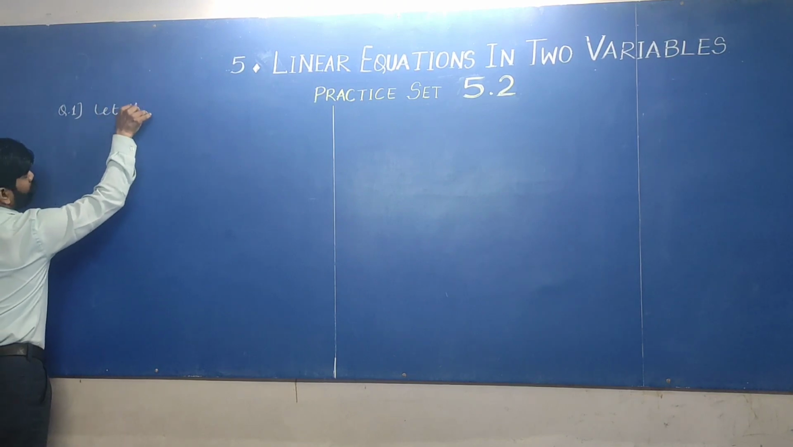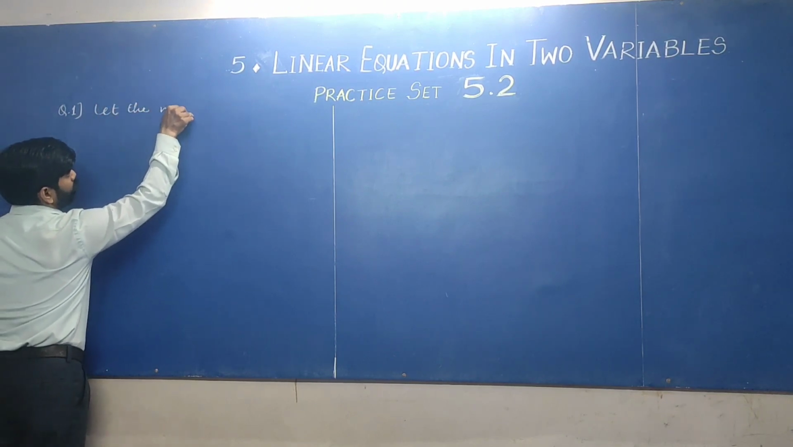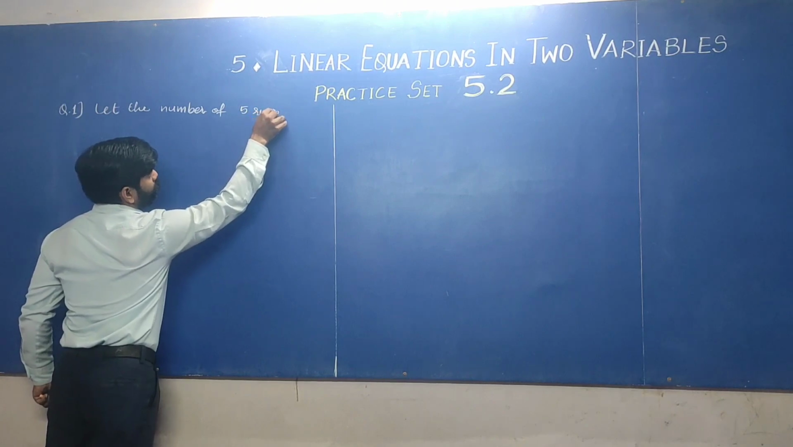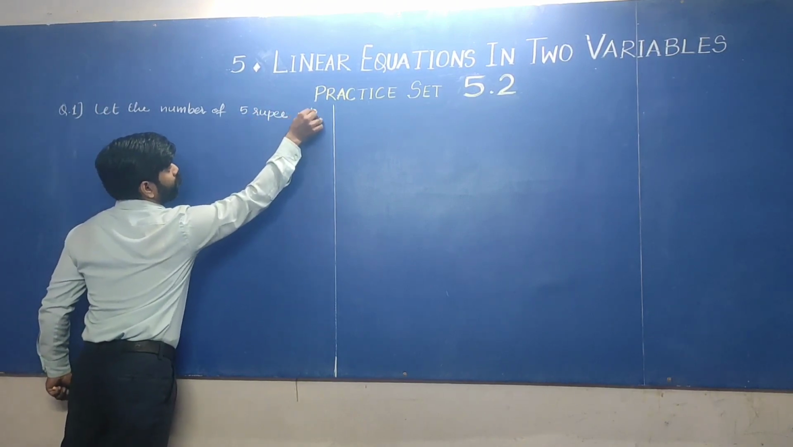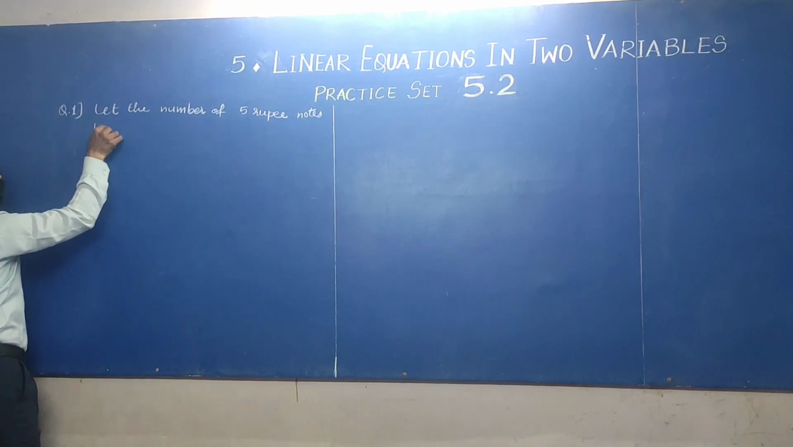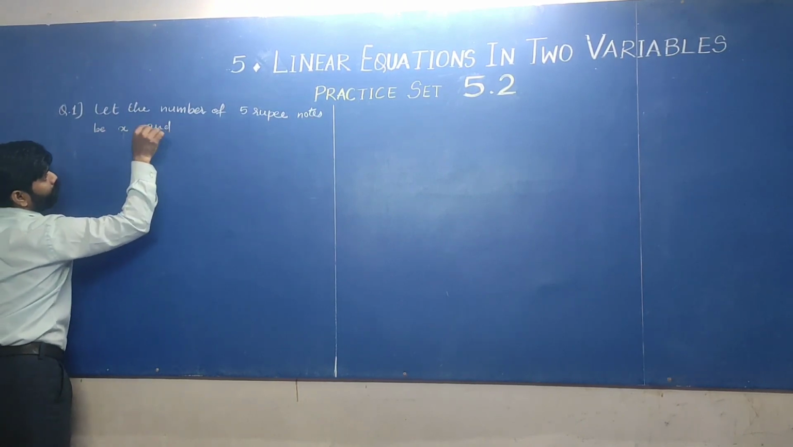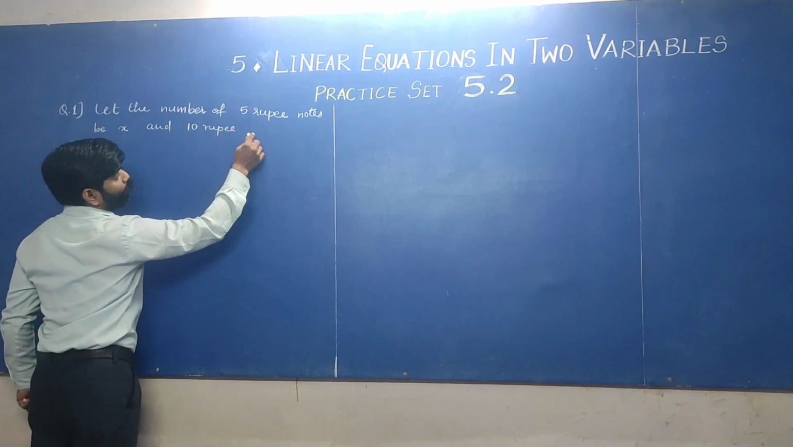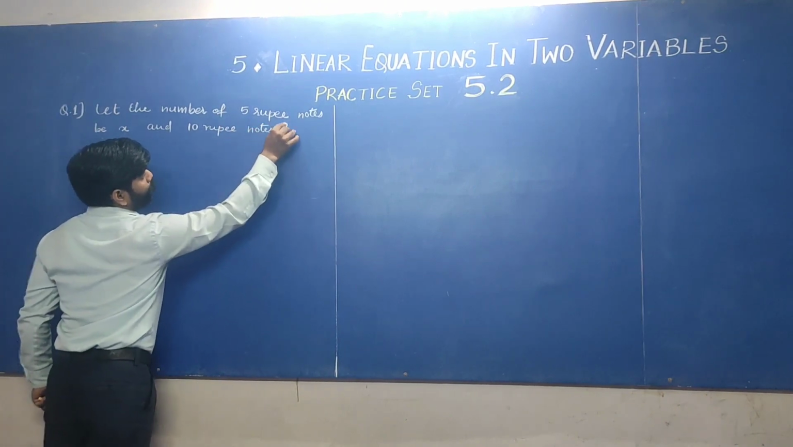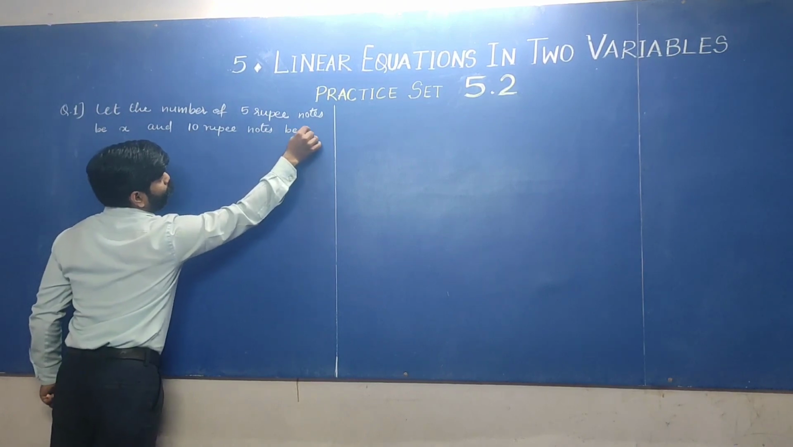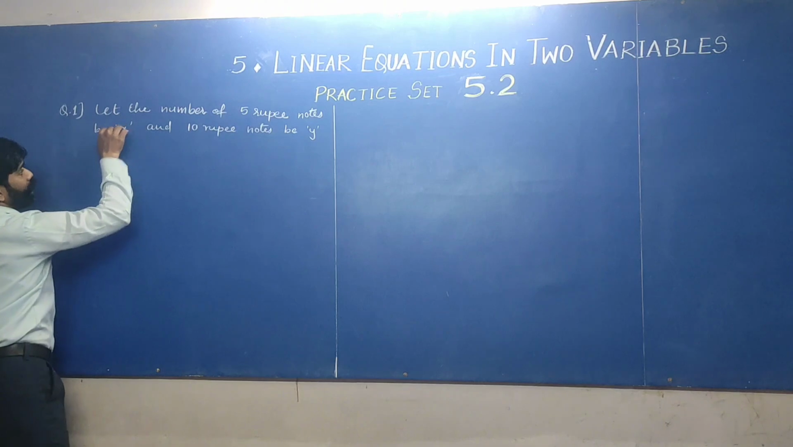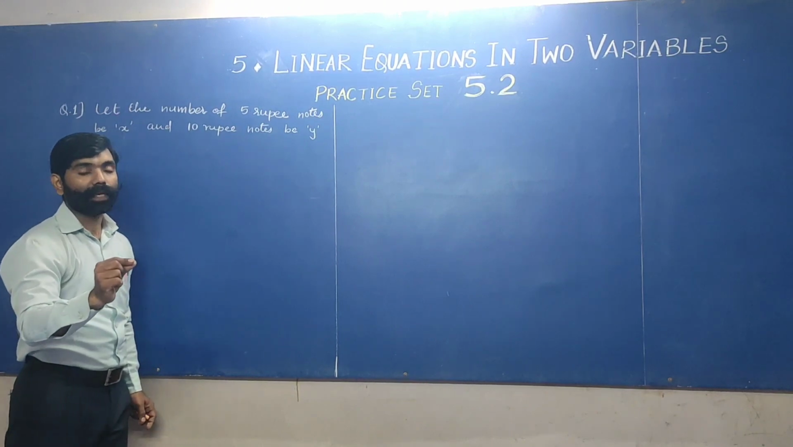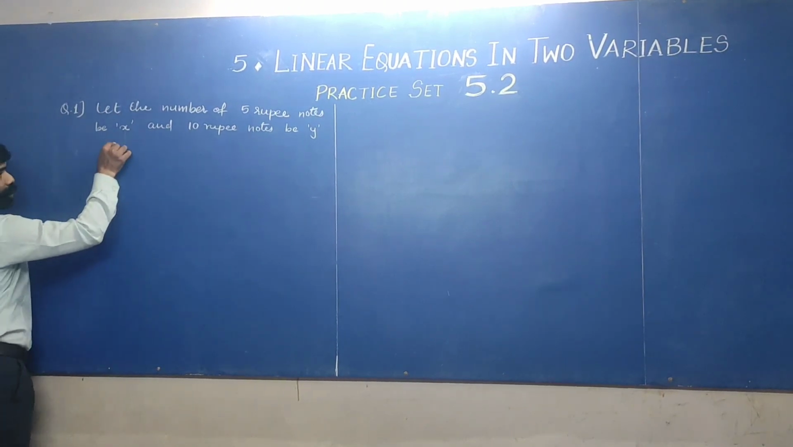Let the number of 5 rupee notes be X and the number of 10 rupee notes be Y. Okay students, so we have taken the number of notes of 5 rupees as X and the number of notes of 10 rupees as Y. So as per the first condition,